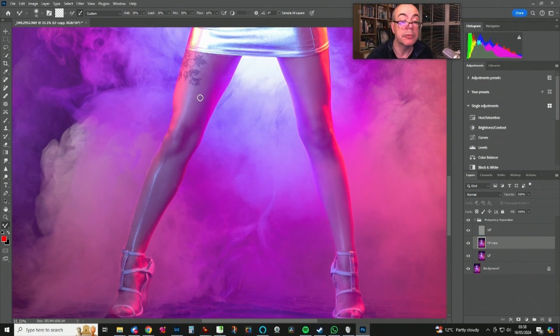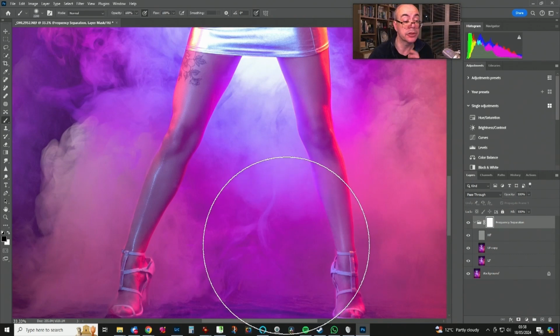Might be a little bit more we could do there. There we go. But don't forget there's a lot of fog in play here, which is responsible for some of this mottling. Now, if we toggle this on and off, you can see that it does destroy edges and things, so we don't really want that. So we're going to mask it off. So we'll put a white mask on, get a black brush,